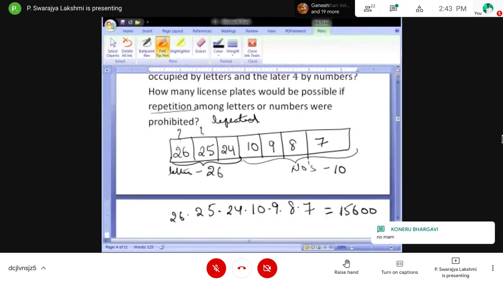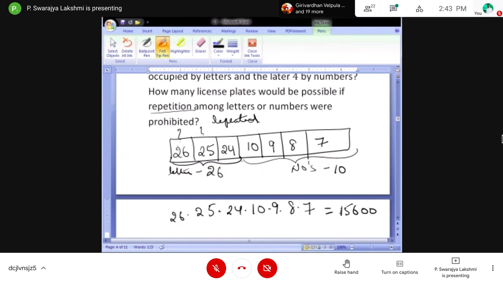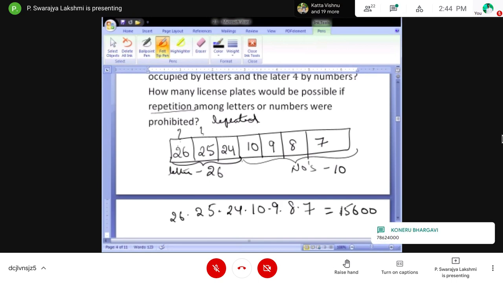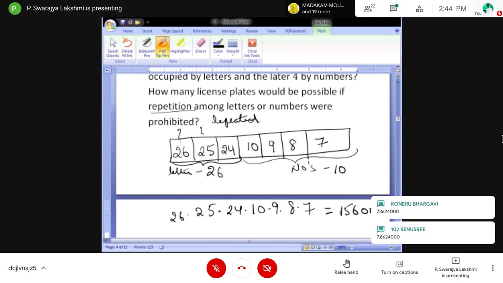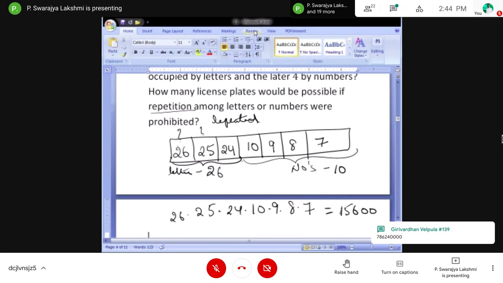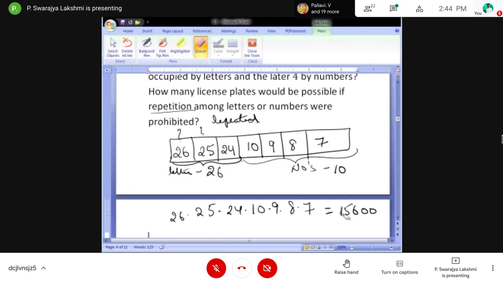Multiply once and tell me. Right, so the answer is 7 lakh 86,2400. Okay, 7 8 6 2 4 0 0.